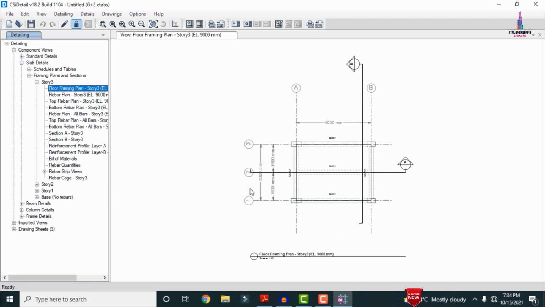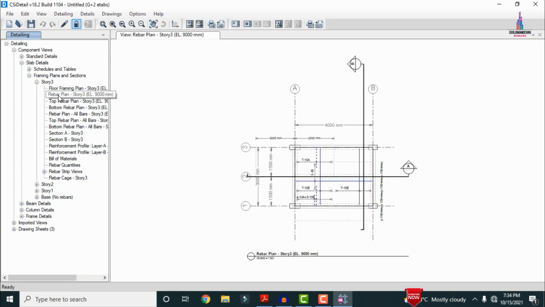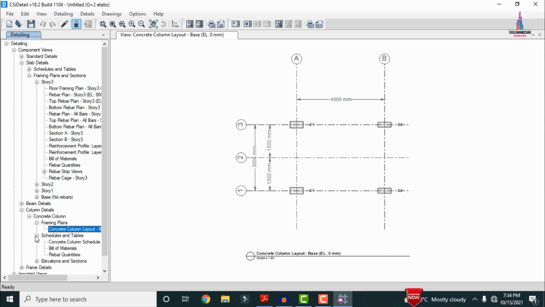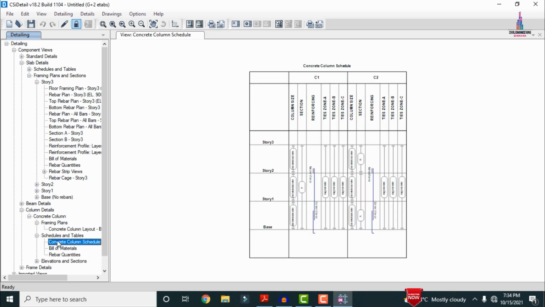So this is the typical floor plan which is related to the floor framing plan for the structure. Okay. So again in the same process we can see the output file which is related to the results of the slab reinforcement, beam reinforcement and column reinforcement. But in this video I am explaining only the concept related to the column reinforcement. So that's why I am selecting the column reinforcement option. Select the framing plans here. It will consist of the framing plans, which is nothing but the center to center distance between the columns. Again in the same process you can consider this option.